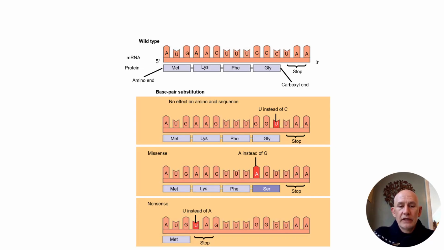All right, so if we look here, we can see that our wild type is AAG, which would bring in a lysine. But down here, the first part of the codon is changed into UAG, and so that brings in a stop codon. So that means all of these amino acids that should have been put in are not going to be put in at all, and then that protein is going to be completely non-functional. So that could have huge devastating effects on the organism. But again, it depends because